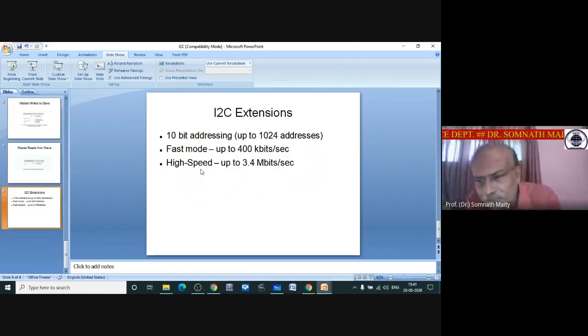Finally, there is 10-bit addressing. There can be 1024 addresses, meaning that many types of devices can be interfaced. Fast mode means 400 kilobits per second, and high speed means